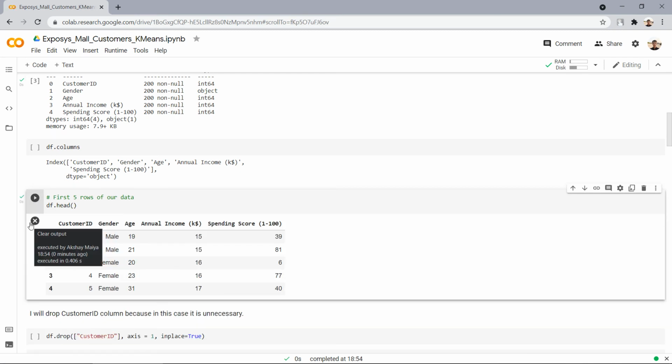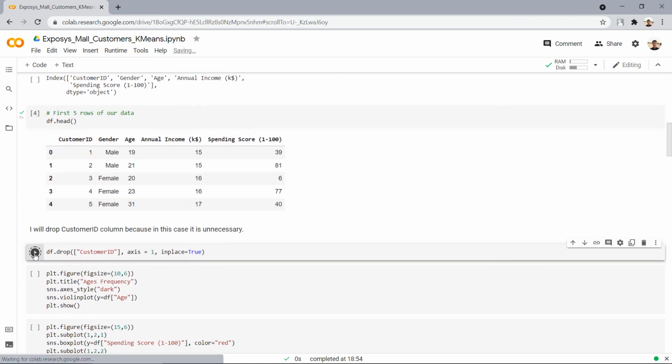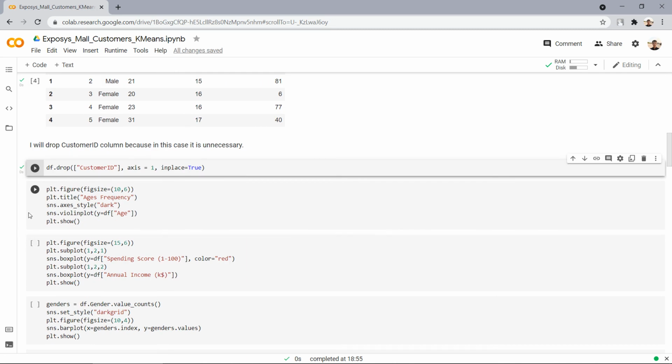Now the first task is to determine the age frequency of the customers. As we can see in the table, there are different age groups. Before determining the age frequency, let us eliminate the customer ID column because it is not needed to calculate the age frequency. Now next is the code for plotting age frequency.